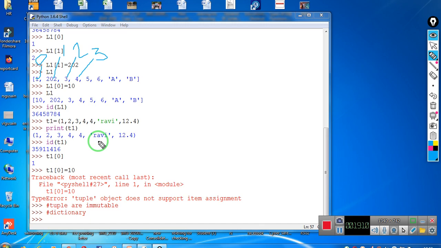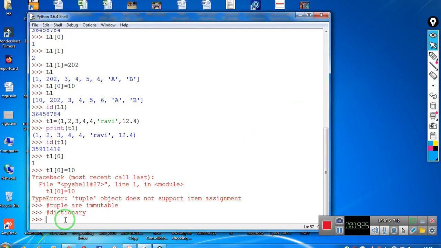In a dictionary, we don't have an index number assigned to a particular value. Instead of index numbers, we have key value pairs. We have to create a pair with the help of a key and a value, which is known as the key value pair. And to create a dictionary, we use curly brackets. So the dictionary data type is an unordered set of comma separated key value pairs within curly brackets, with the requirement that within a dictionary no two keys can be the same.